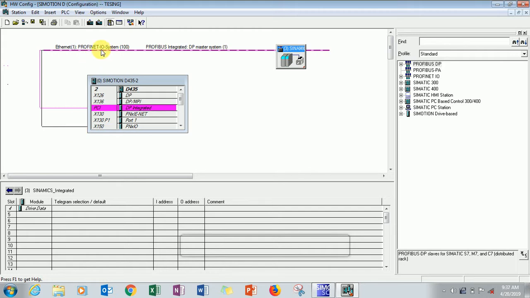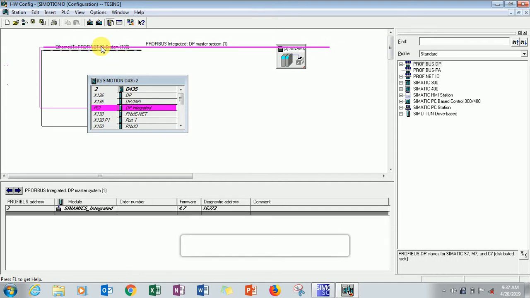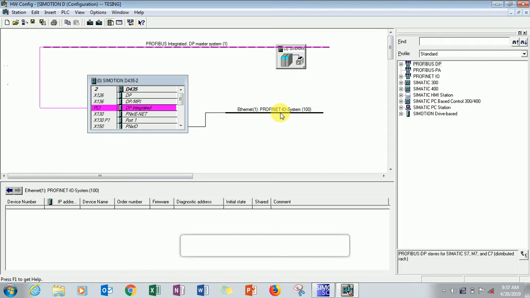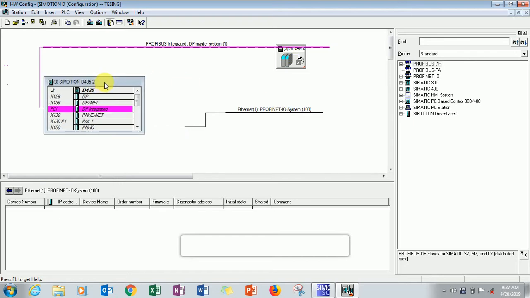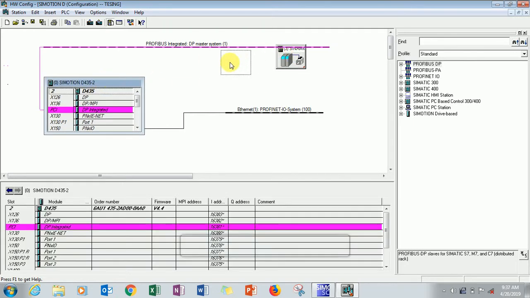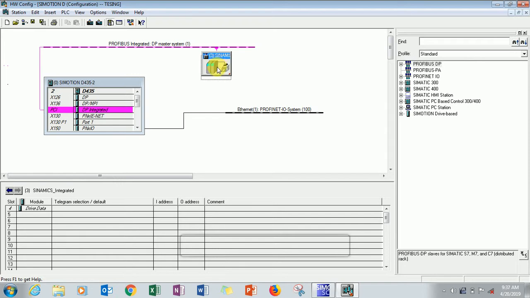So just drag this up and take it. Seems good. It is the inbuilt drive to which you are going to connect your servo motors. Now here on this Ethernet cable I'm going to